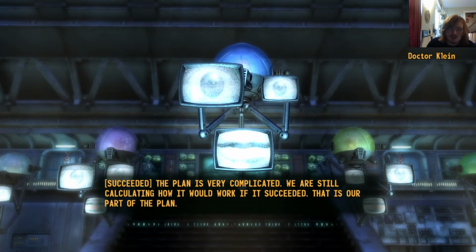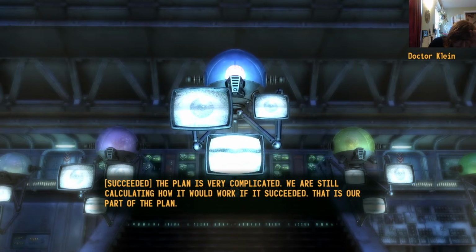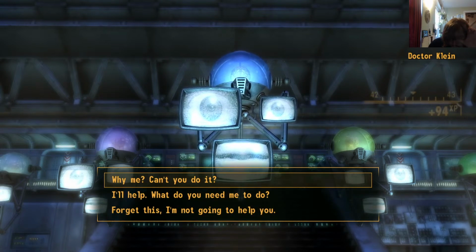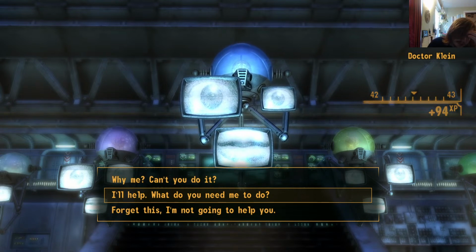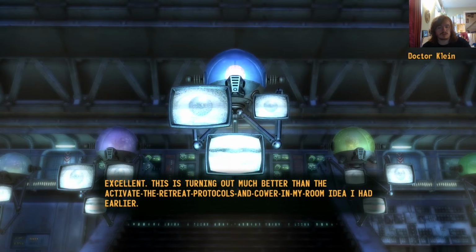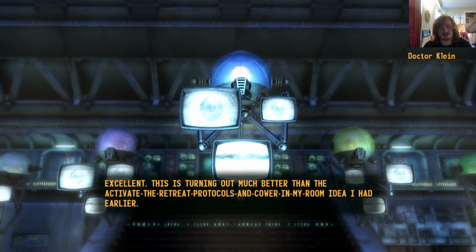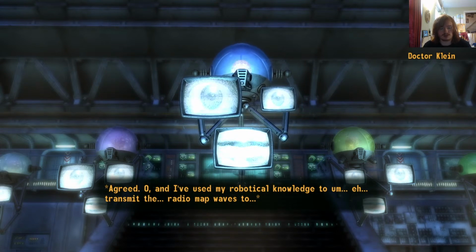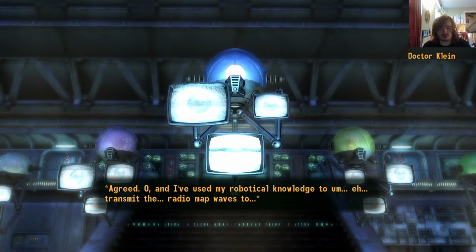I need specifics. The plan is very complicated. We are still calculating how it would work if it succeeded. That is our part of the plan. I'll help. What do you need me to do? Excellent. This is turning out much better than the activate the retreat protocols and cower in my room idea I had earlier. Agreed. Oh, and I've used my robotical knowledge to transmit the radio map waves to...